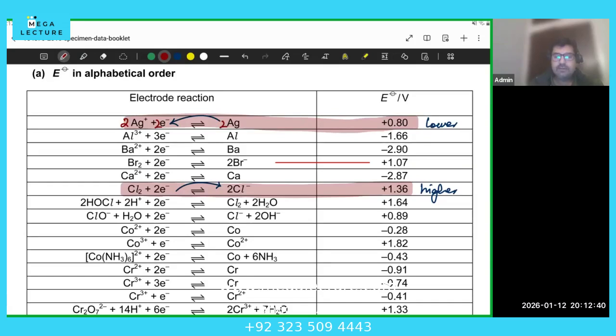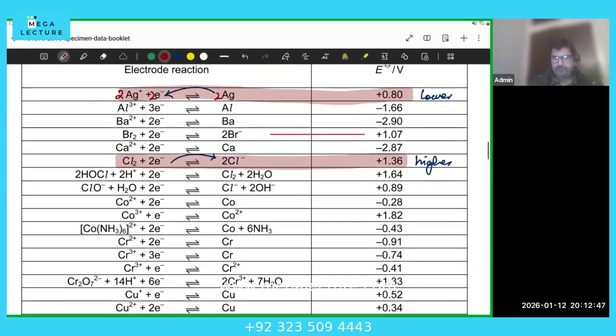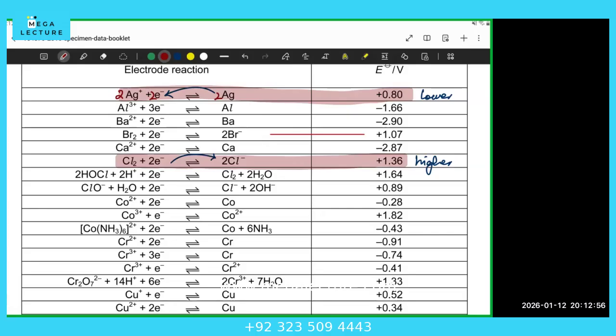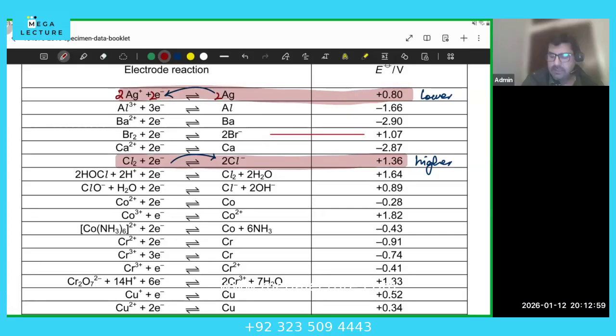So you pick any two electrodes, and you will figure out what the reaction is going to be. Is it clear to everyone? Is this clear? Yes, sir. Did you understand this? Yes. So these electrodes are there, the higher gains and the lower loses. Combine them up and you get an overall redox reaction.